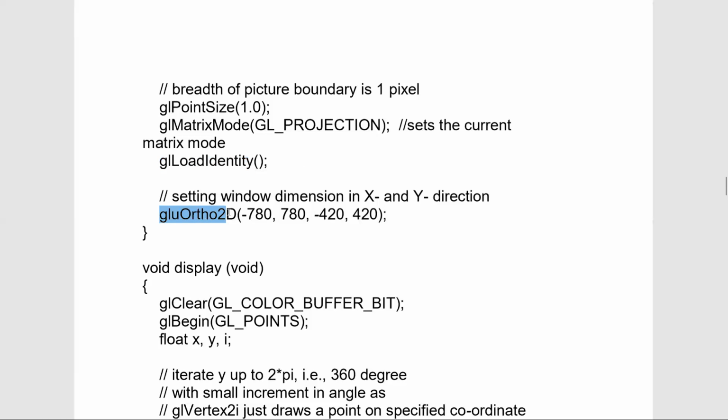It is followed by the function call, which is calling orthographic projection. So the mode we have set is projection mode, and which actual projection we want here is orthographic 2D projection, because even though the objects are 3D or 2D in nature, we have a computer screen, which is 2D, in terms of length and breadth. The corresponding attributes are passed to the gluOrtho2D function, which will project orthographically the desired object.